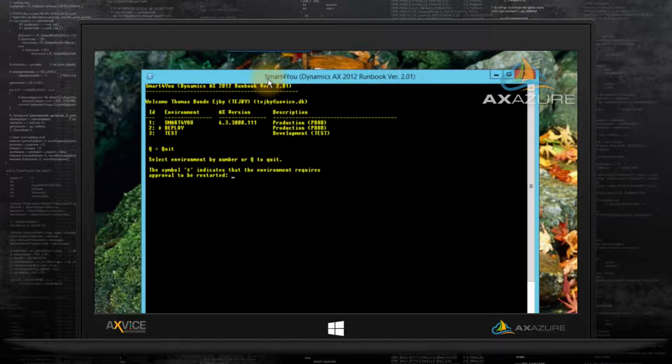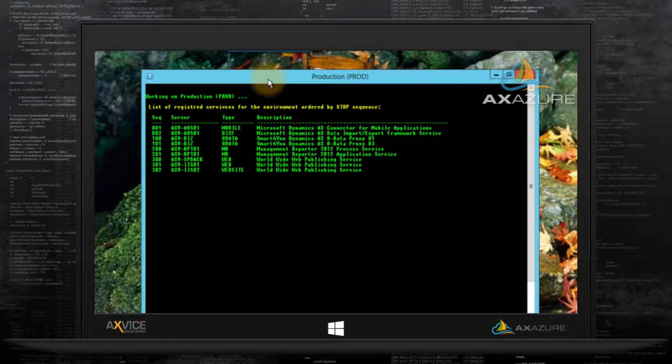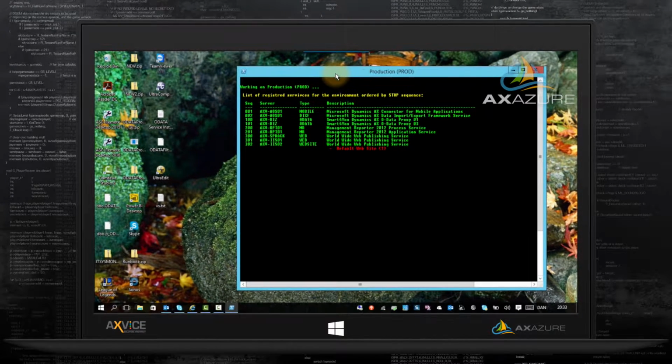Now what I will do here is I'll try to enter the environment ID 1, the Smart for You, and it will show the environment listed, and it will go like in 3 seconds. It will actually now list out the environment.